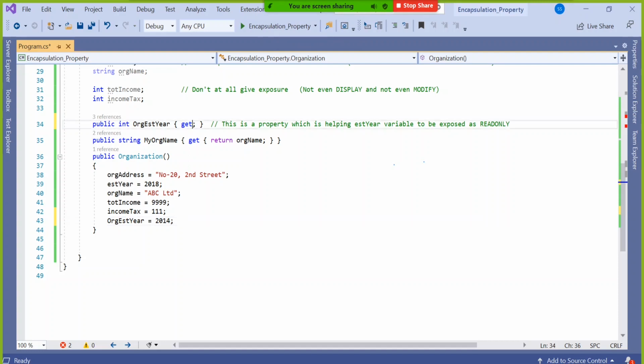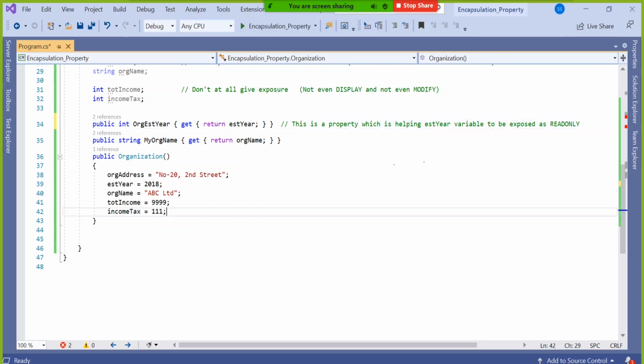But whenever you are using something like this, I will just Control Z. Whenever you are using something like this, whenever required you give access called establish here. Whenever it is required to give a modification facility also, sometimes what happens, for the last 6 months your application is running fine at your customer's end, but suddenly they say we want a modification facility also.